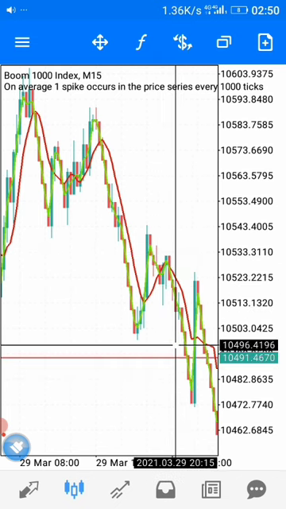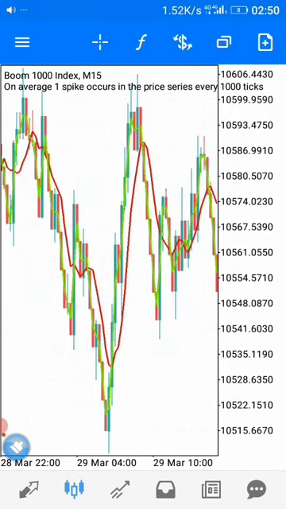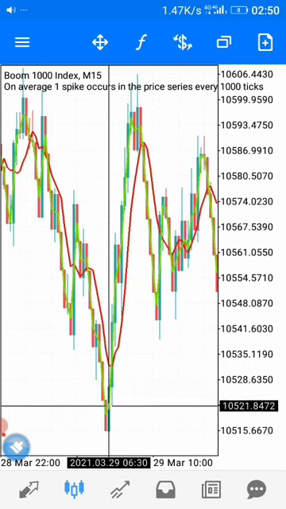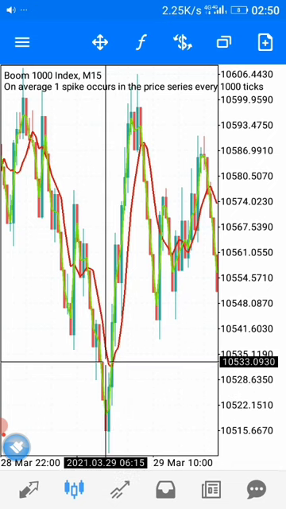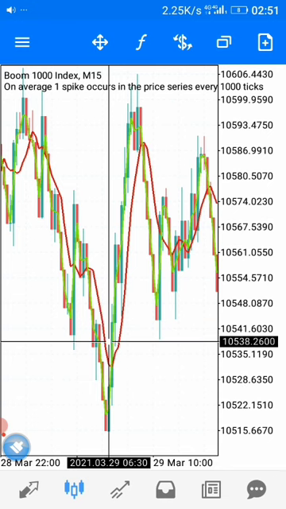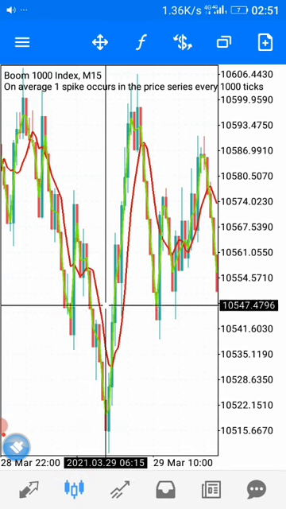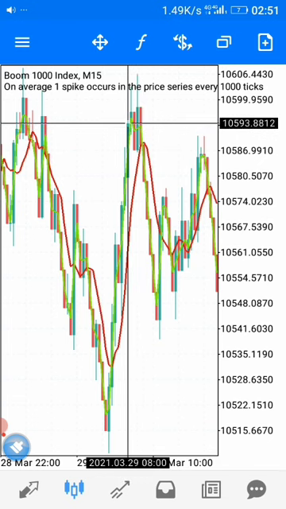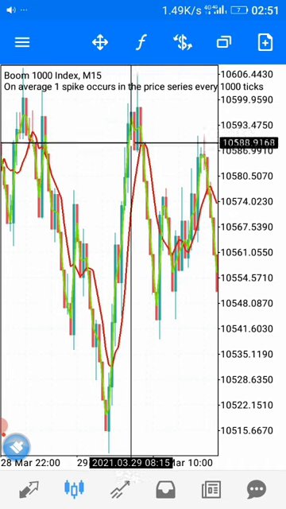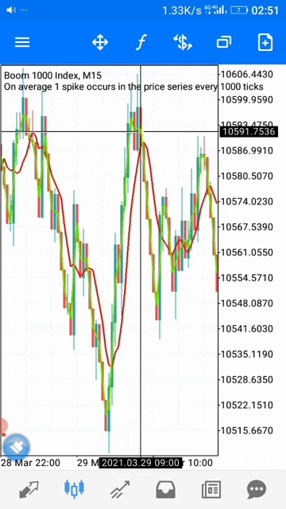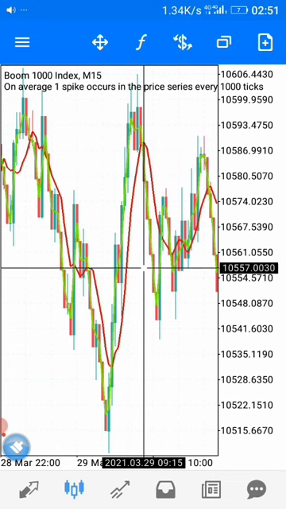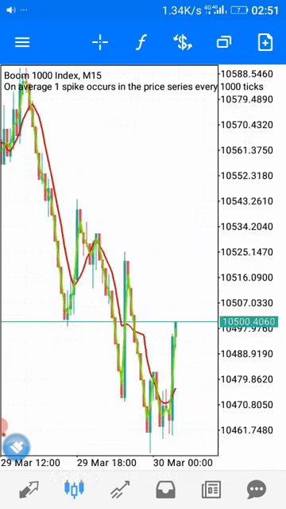Now let's quickly see the opposite side. Now look at this place. Here you have the green moving average crossing the red moving average from below, moving upwards, and that's why you have this upward, bullish movement up to this point. You notice that there was only a reversal at this point when the green moving average cuts the red moving average downwards again. That's just very simple and smart.